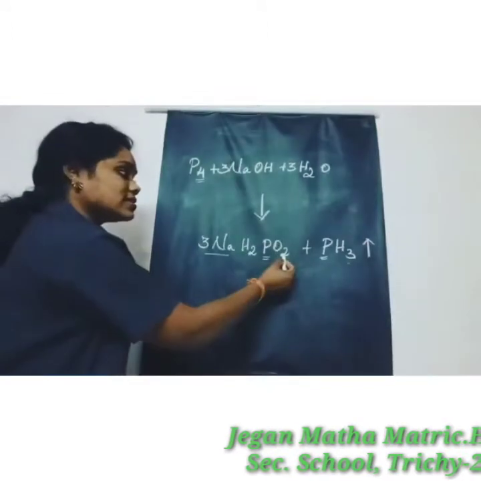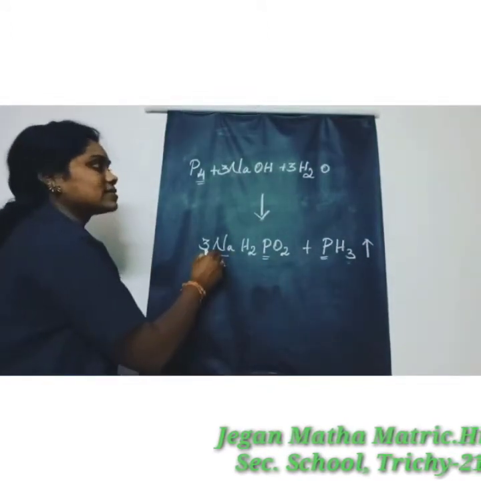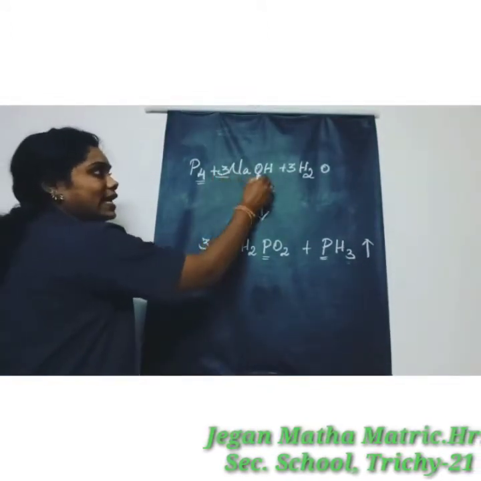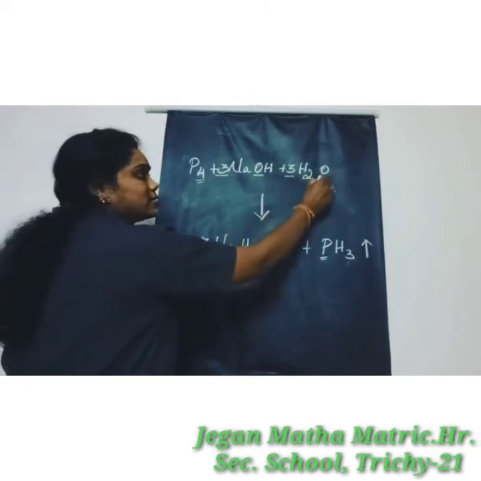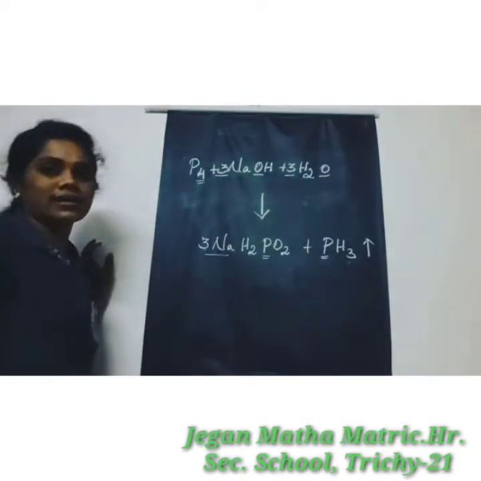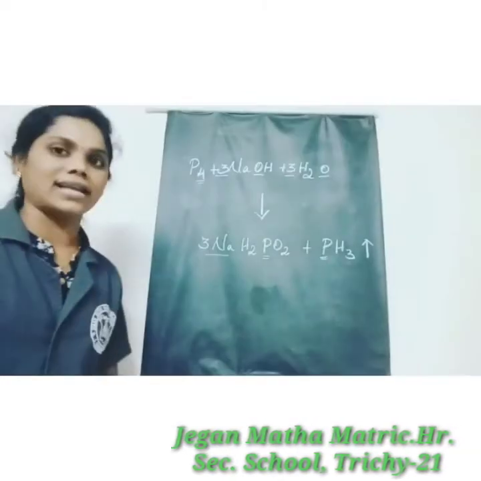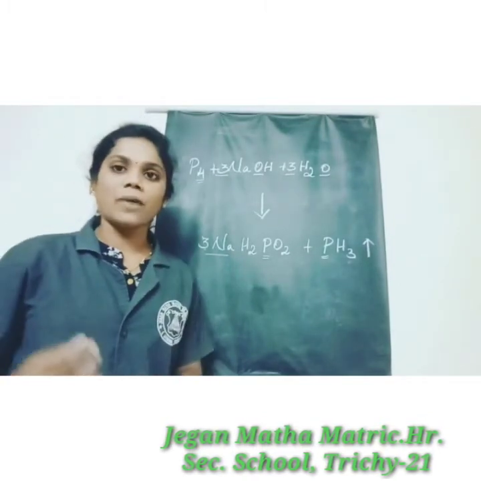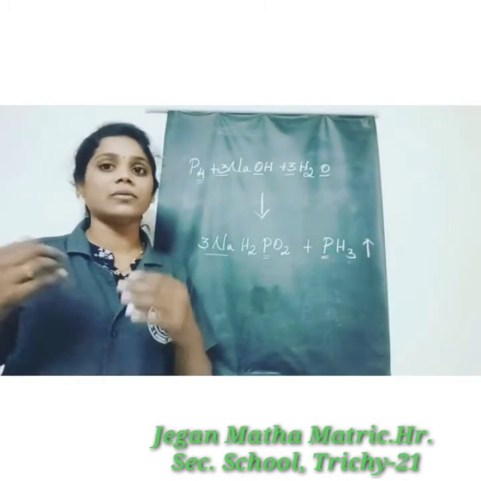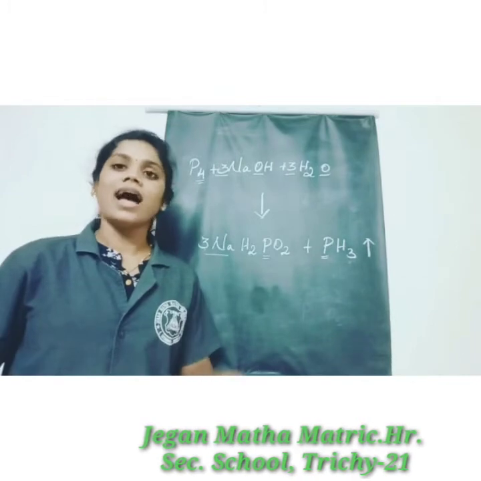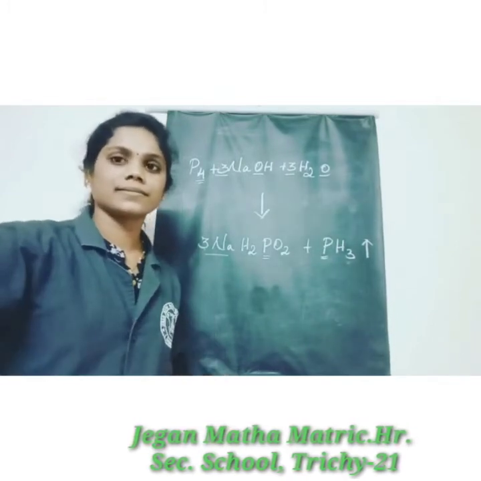And next one, remaining oxygen. So here oxygen, 2 3s are 6. Here oxygen 3 times, and here also oxygen 3 times. So totally 6 times. So oxygen is also balanced. So that's all for properties of reaction with alkali. And then next one is